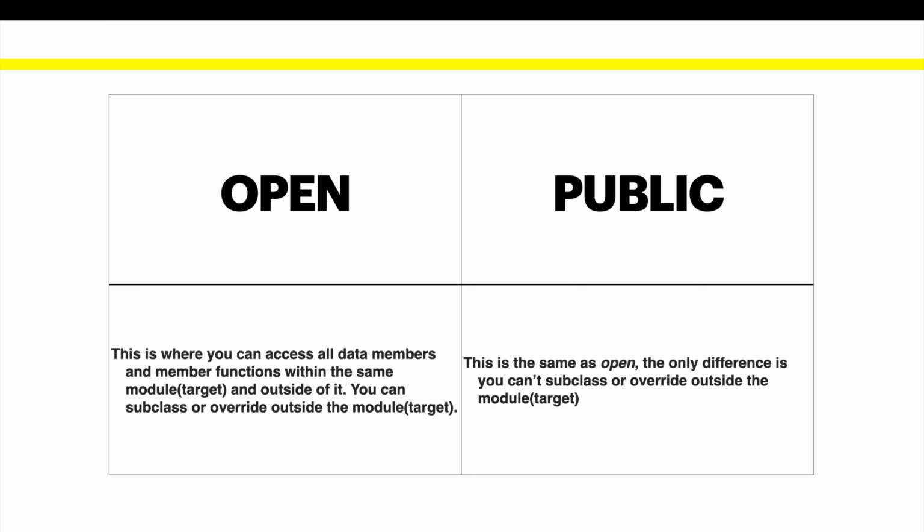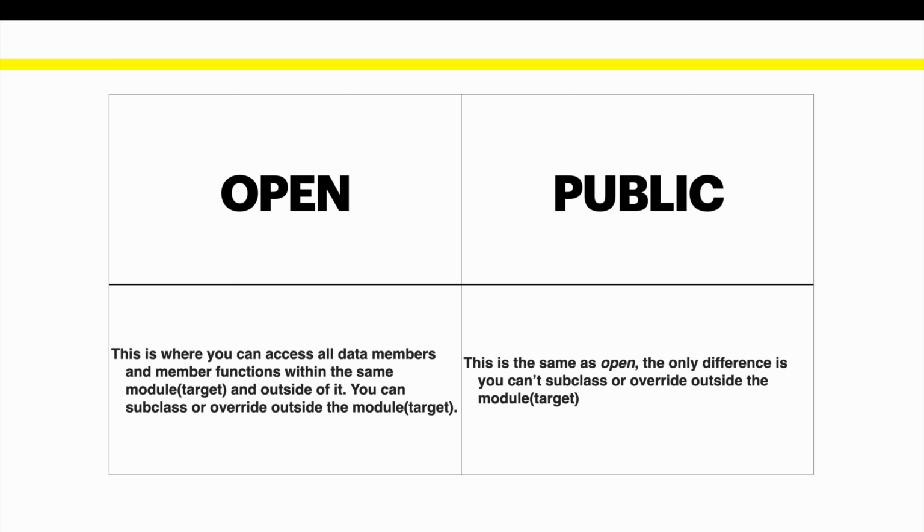So what's open in Swift? This is where you can access all the data members and member functions within the same module target and outside of it, and you can subclass and override outside the module target. So basically, what does that mean? It means that we can access all the members that are defined in the class, and we can also override or subclass those